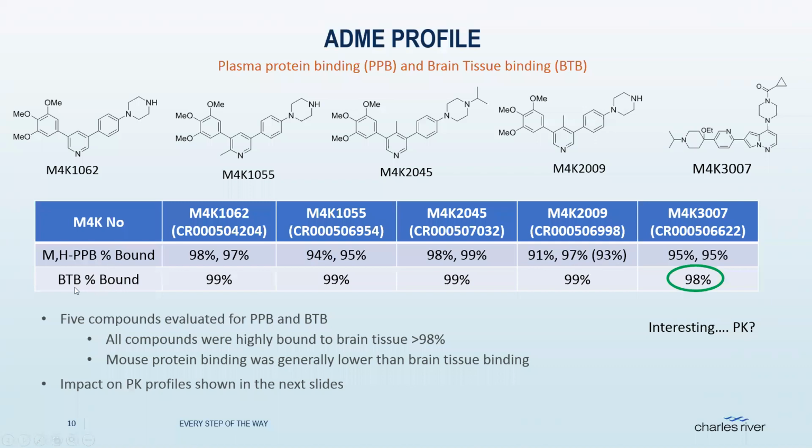The brain tissue binding, all of the compounds were highly bound, including M4K 2009 at 99%. This is higher than what we were hoping to see. It does have implications, as David showed in his presentation, and I'll show the slide that Sue generated again in my presentation, but